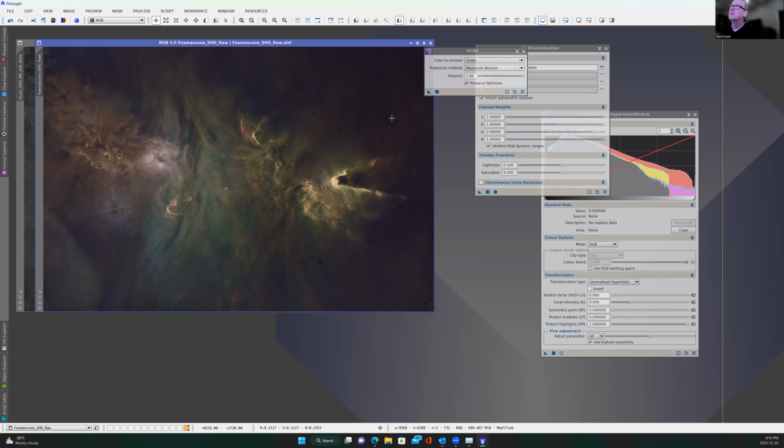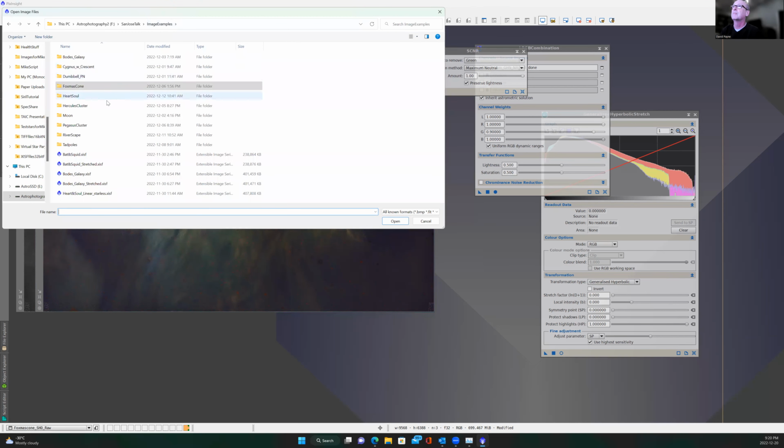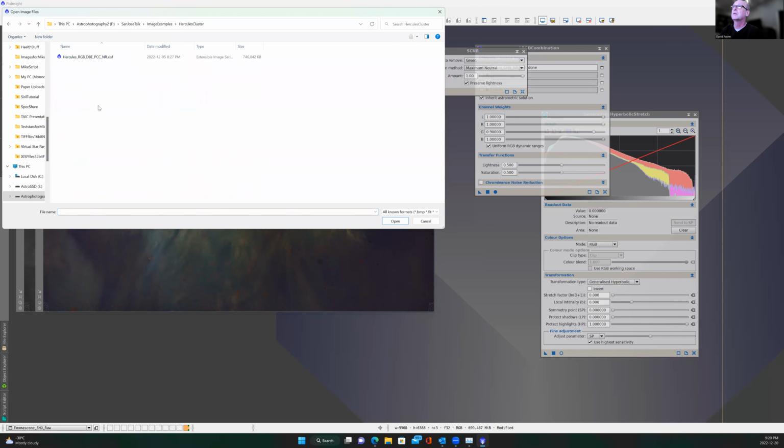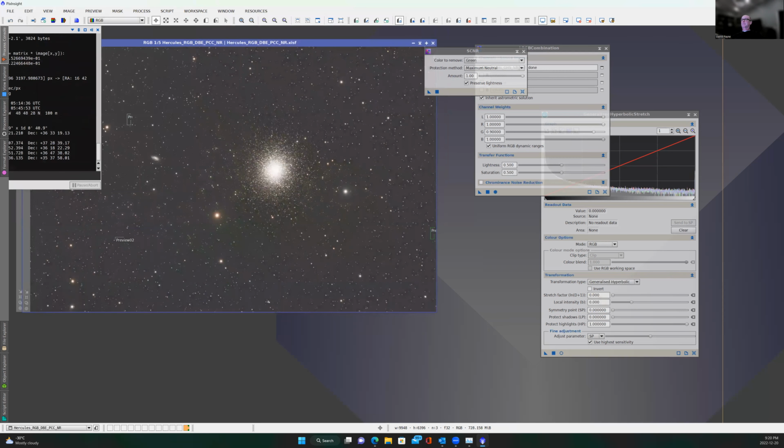Now the colors can get muddy, especially in this image, which is really difficult because it is so hydrogen alpha dominated. And I'll show you another trick, if I have time, with the Hercules cluster. And Mike is mainly responsible for this, but I'm